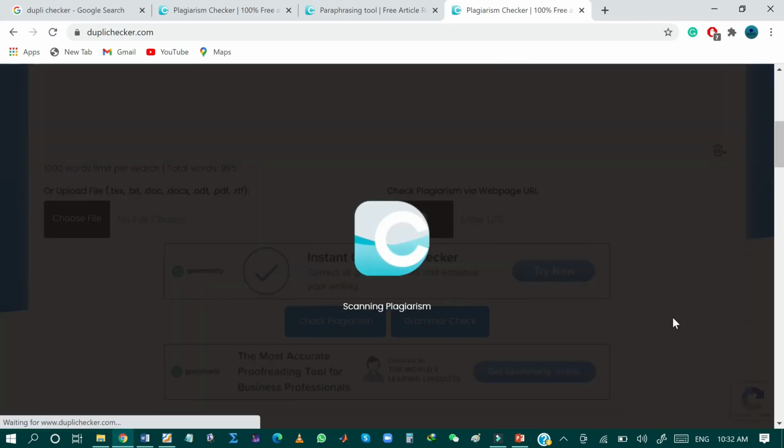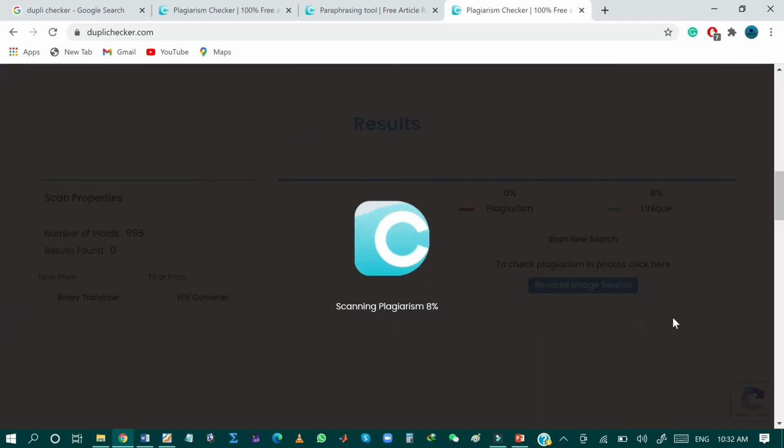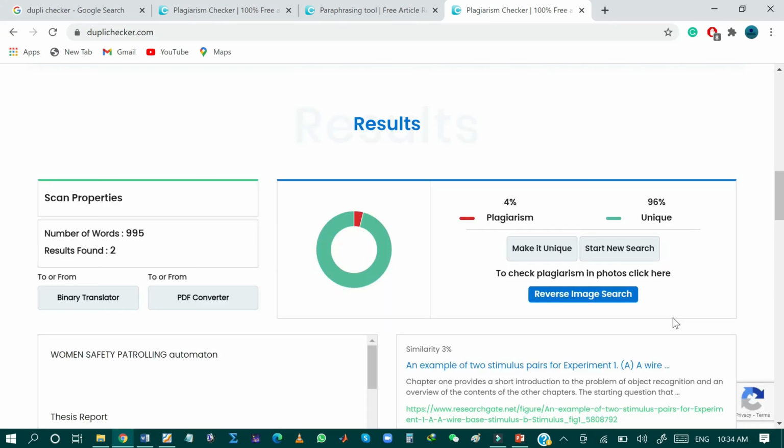So as you can see, my rewritten updated document is now being scanned for plagiarism. Hence, you can see that this is the similarity result of the updated rewritten document.